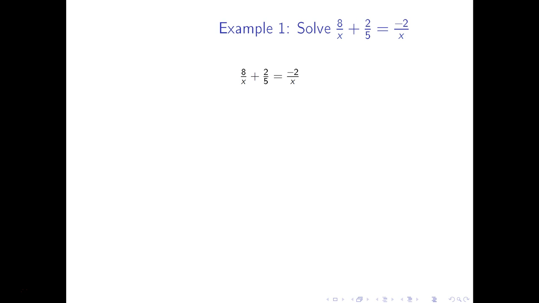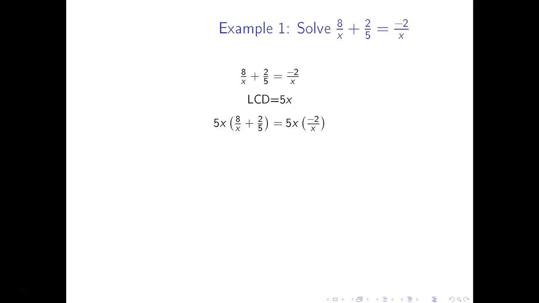So here I have a rational equation. I want you to look at these three fractions, these three rational expressions, and I want you to determine what is my lowest common denominator. Well, hopefully you did that, and you realized the lowest common denominator is 5x. So what can I do with 5x? I can multiply all the terms by 5x. If I do that,